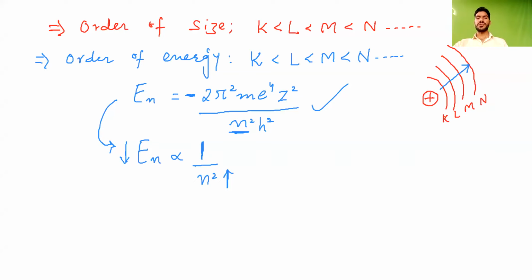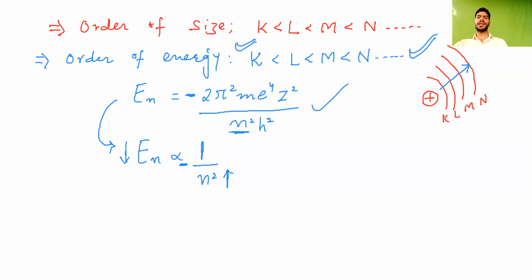It actually has a negative sign here. I hope you remember it's minus. So if the n value is very high, then the magnitude of energy will be low, but there is a negative sign here. That's why you have to remember this order. This is a very, very important order of energy. The electron present in K will have lesser energy, then the electron in L, similarly the electron in M, and similarly the electron in N. So have you got this?